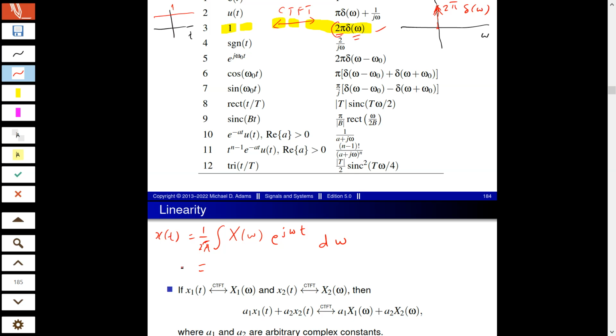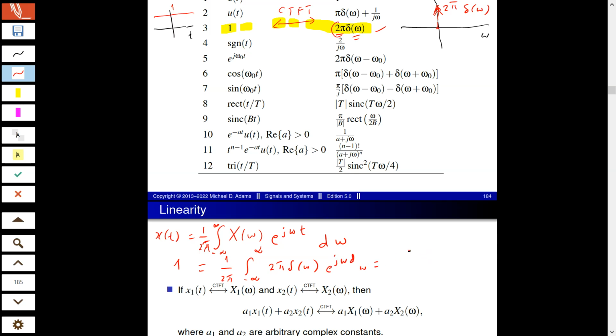So I should get on the left side, what should I get here on the left side? 1, right? Well, it's a constant signal. And it's 1 over 2 pi. And this is actually from minus infinity to plus infinity. From minus infinity to plus infinity. And then for x of omega, I write 2 pi delta of omega. And then